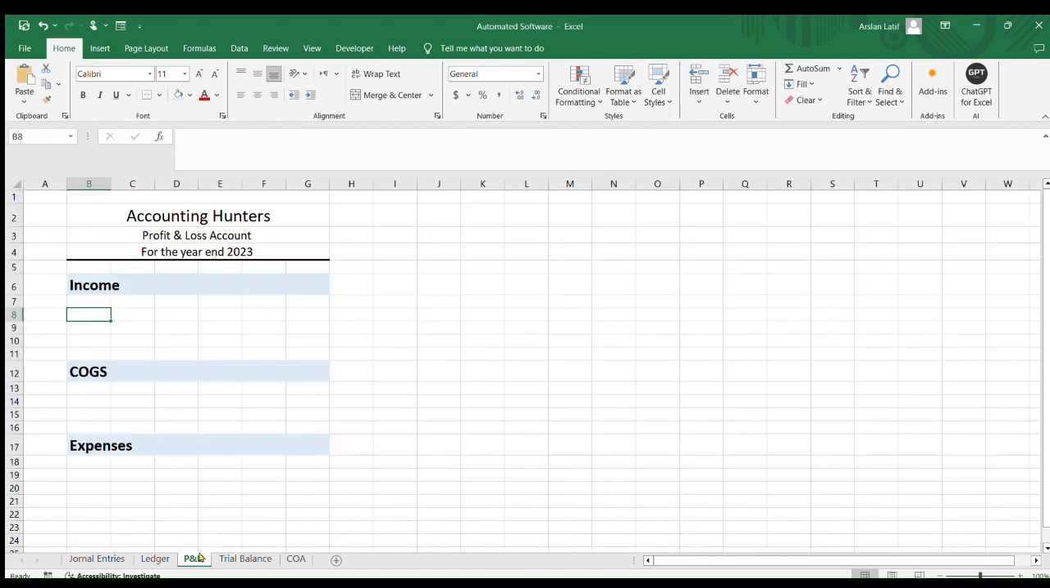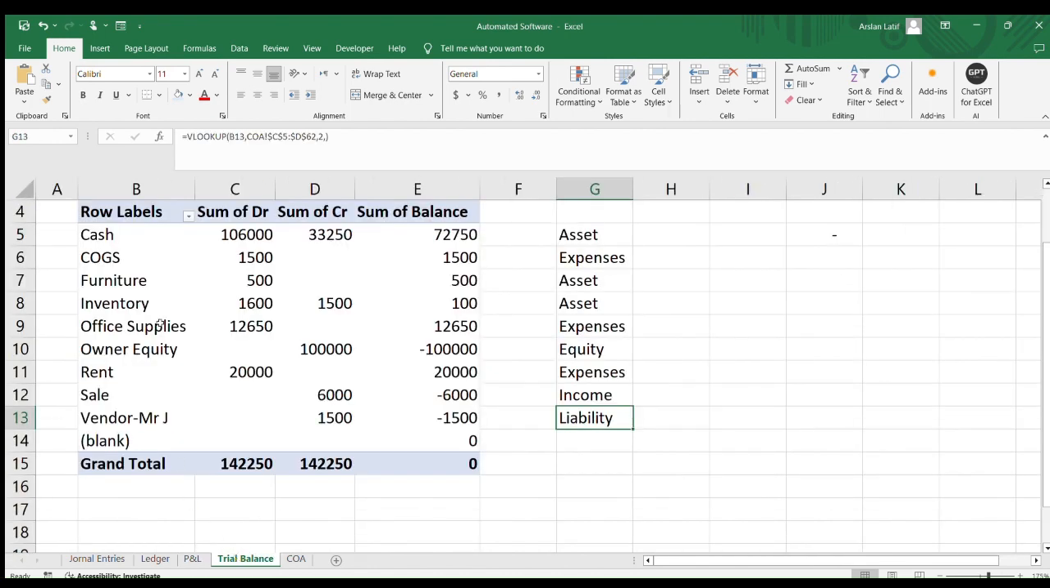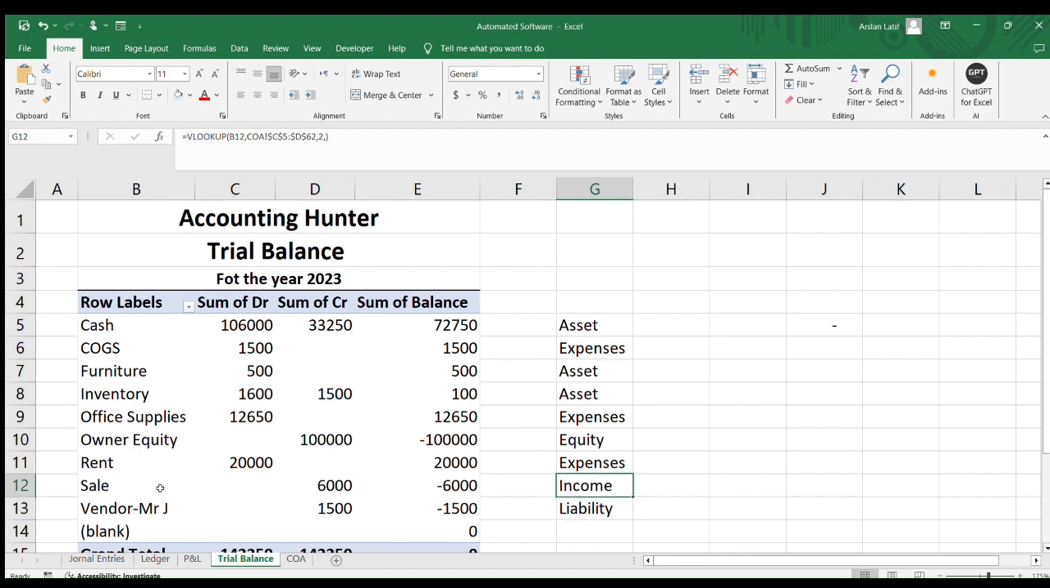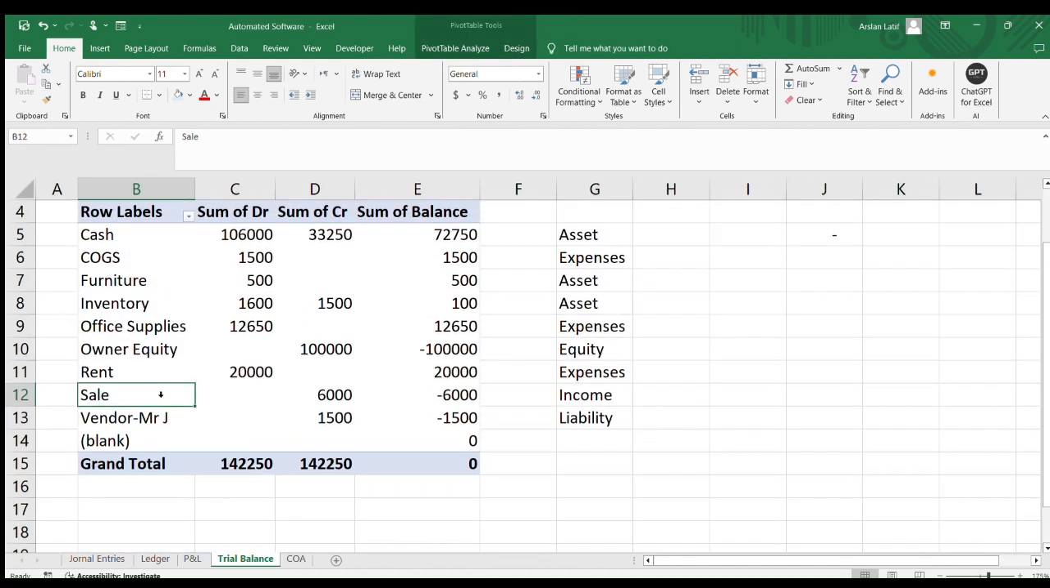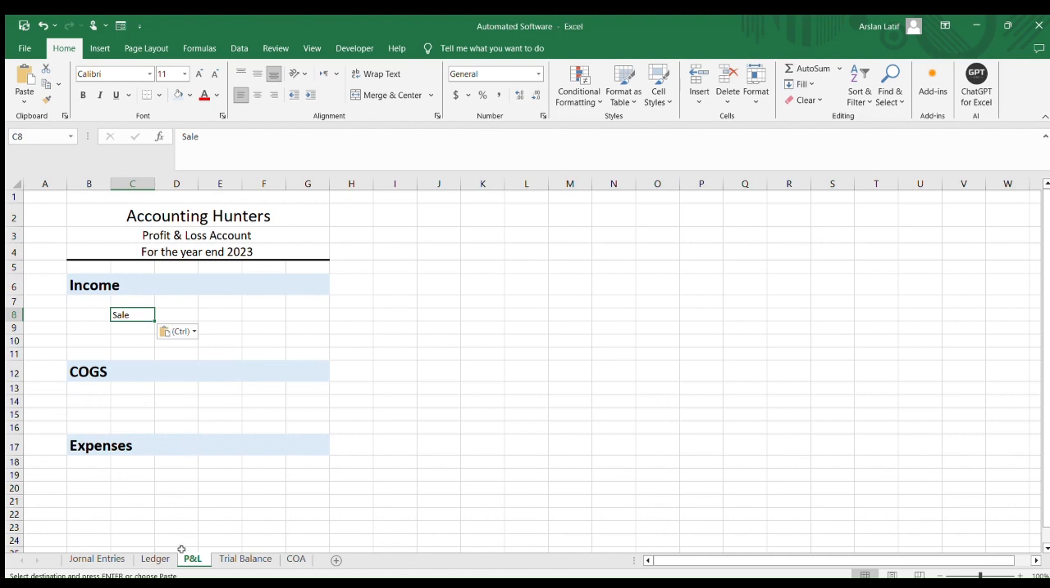So let's write the sales account income. You can see over here in the income we have mentioned only one sales account. Just go and copy it and mention it in the profit and loss account. Sales account, for the better formatting you can go and write in this column. I'm going to copy that sales account again, go to the profit and loss account, paste it over here,